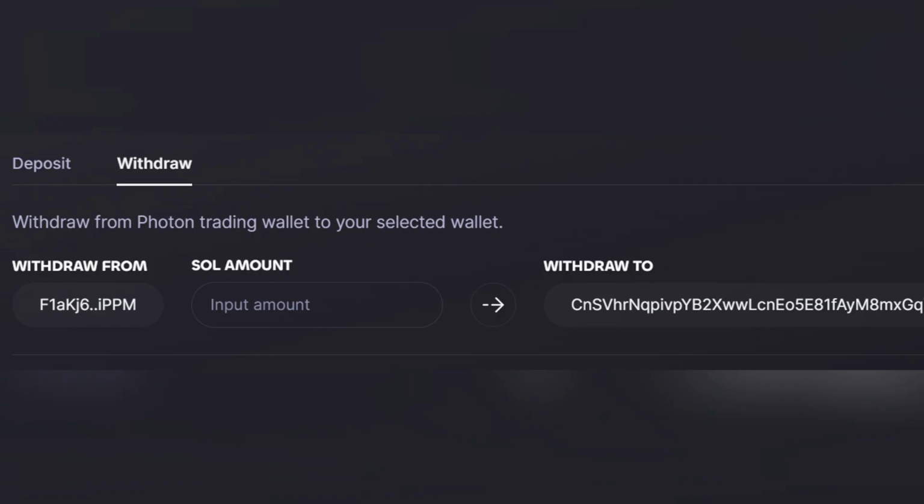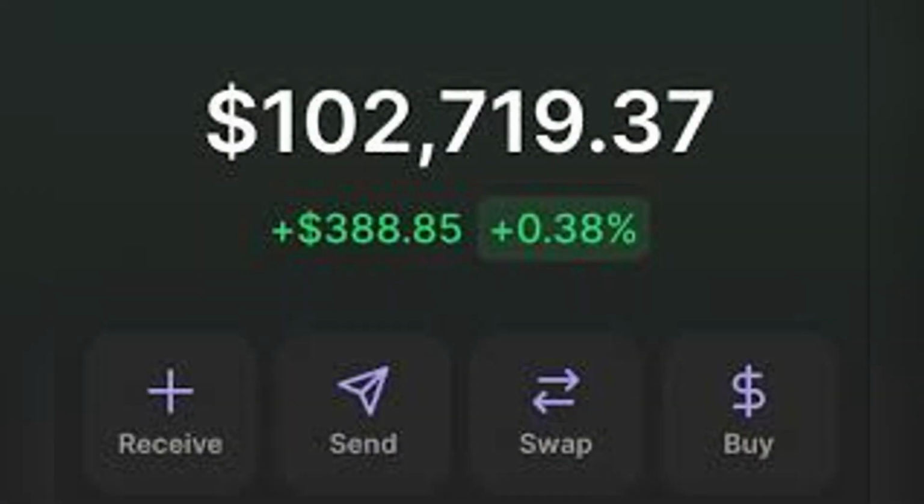From here, you'll be able to interact with the platform, manage your tokens, and start using all the features that Photon Sol has to offer. Always make sure you're on the official Photon Sol site before connecting, and never approve a connection if something looks suspicious. Security is super important when dealing with crypto, and that's how easy it is to connect Phantom wallet to